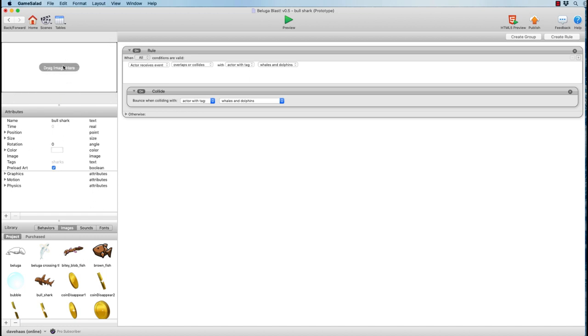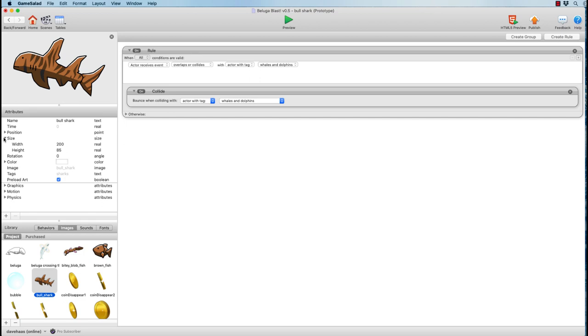And then you can see the drag image here. We can literally just drag the bull shark image up here, and voila, we have a bull shark now. It's currently the same size because it inherited the size of the hammerhead shark when we created the bull shark from the hammerhead shark prototype. So it's inherited the size, and we can keep the size the same, but we want to give it its own name, bull shark. We have that. The size is fine. And now the image is there, and it is a member of the shark's tag.